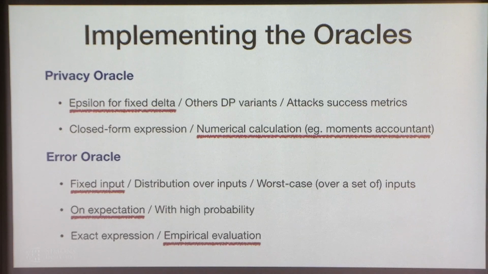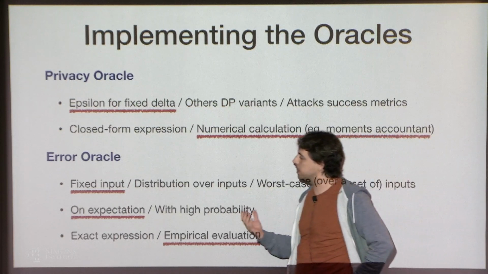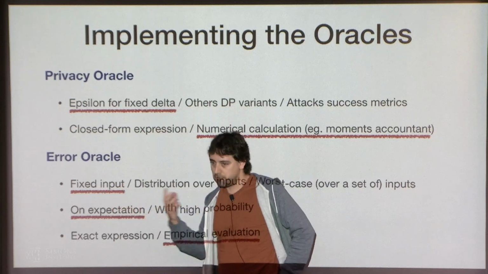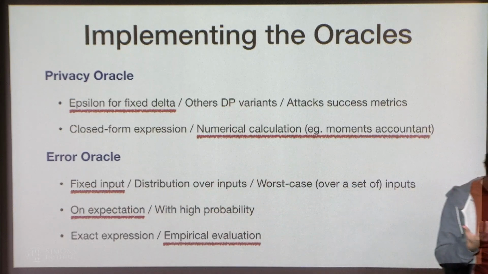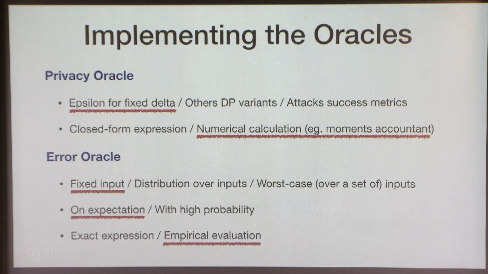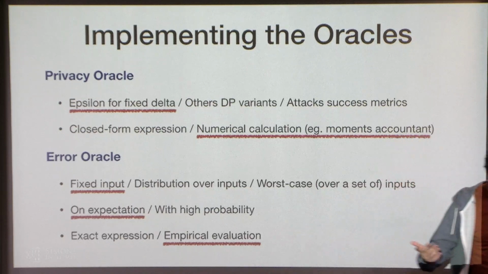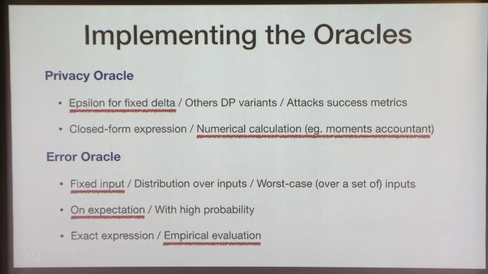So these are the choices that we make in our machine learning experiments. Indeed, because we are evaluating the error oracle on a fixed input, in this case it means that we're training on a fixed data set and then we're reporting the error on a holdout set that we're going to reuse every time we call the error oracle. And we do several repetitions because there's randomness introduced by differential privacy. The values returned by the error oracle might be leaking some privacy. So we didn't try to address this explicitly yet.